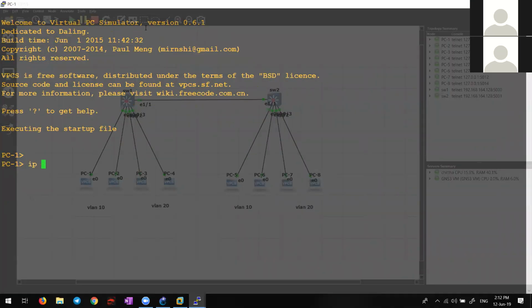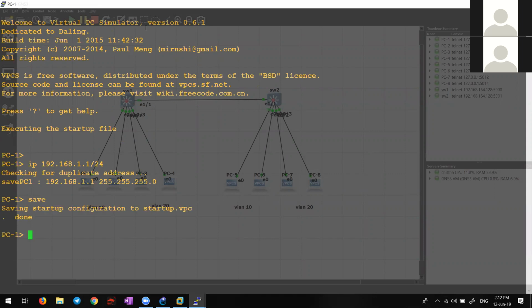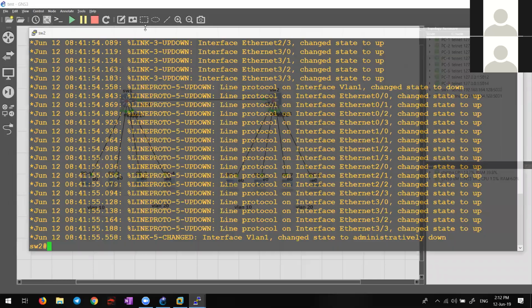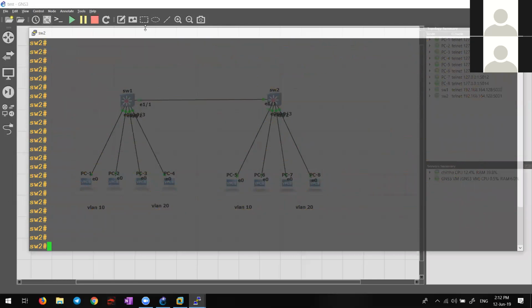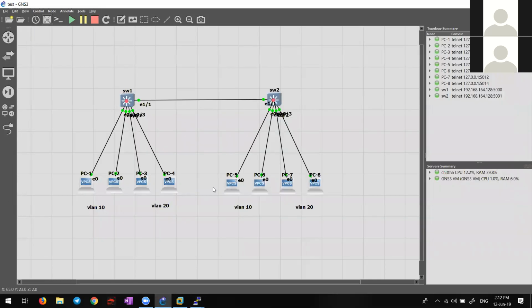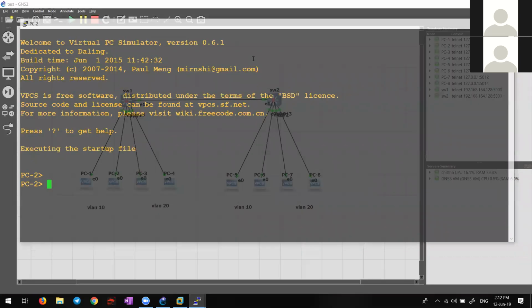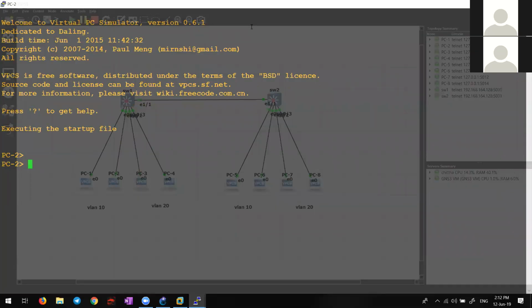IP, I'll configure it. All of them are in the same network, correct? So 192.168.1.1/24. Switch 2, sorry, not switch 2, PC2 IP 192.168.1.2/24.